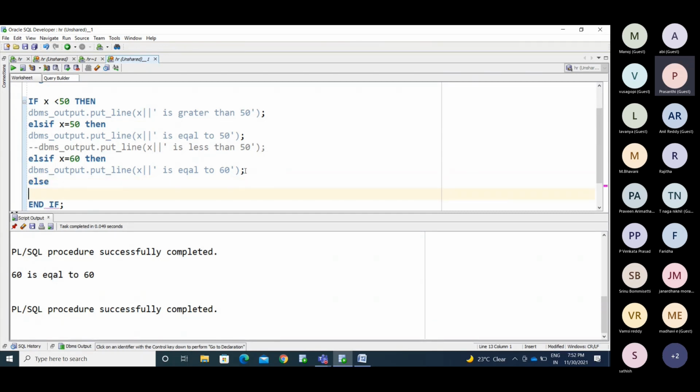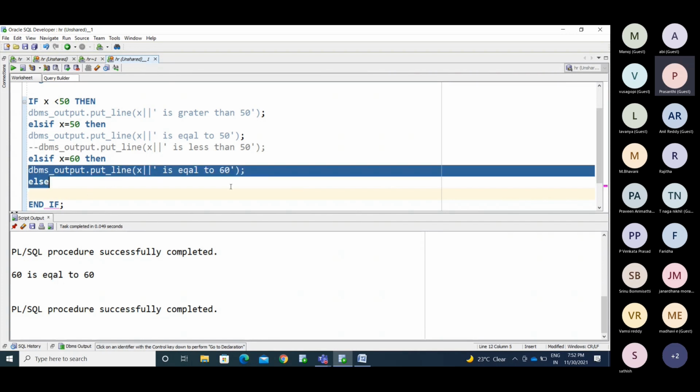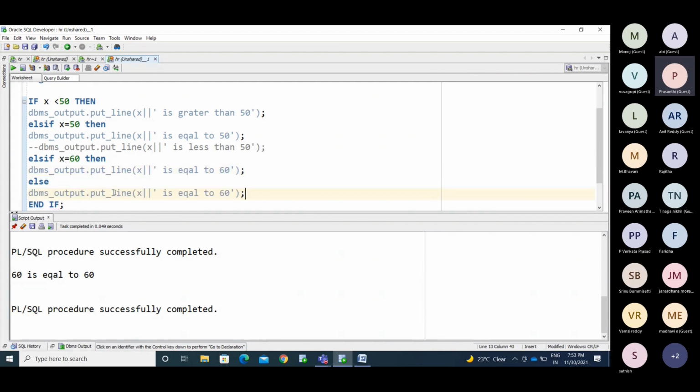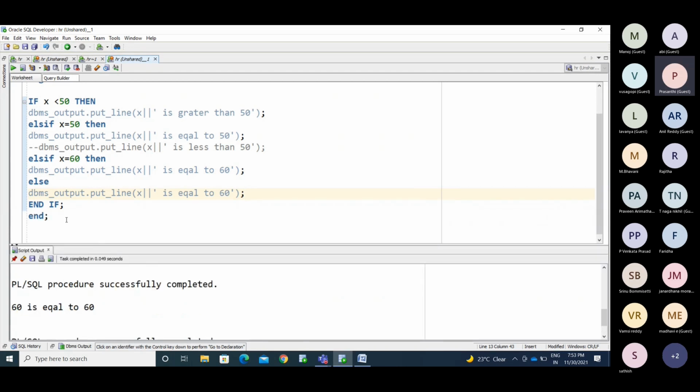So if caste equal to OC, caste equal to BC. Whatever reservation categories we have, put all those categories in that and you will use the else. These people will all go and sit into OC, general. In the similar way how the case statement is working, this will work. Any doubt? Okay. So any values, put some valid values and check with the different conditions.